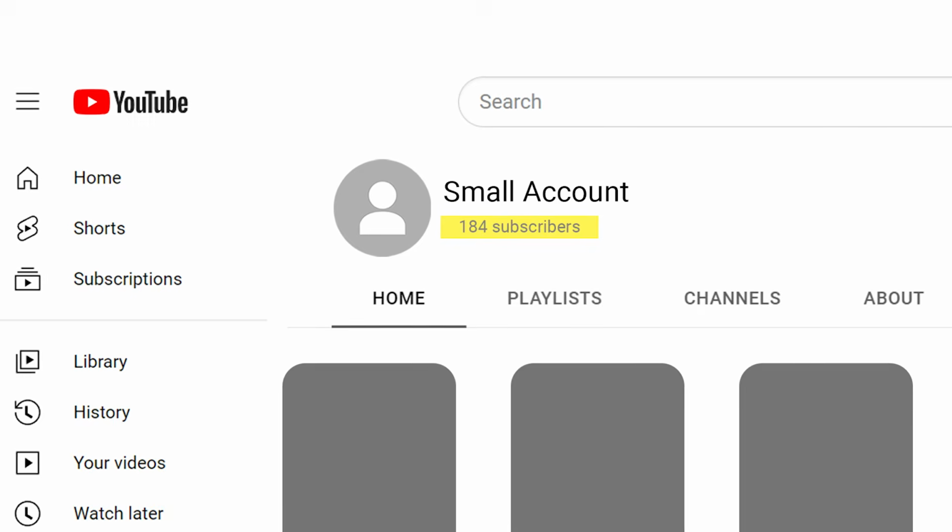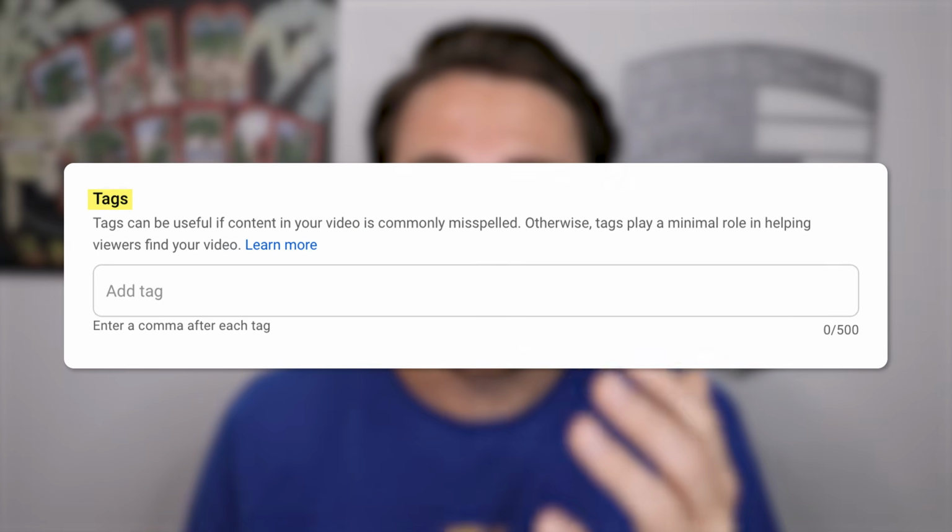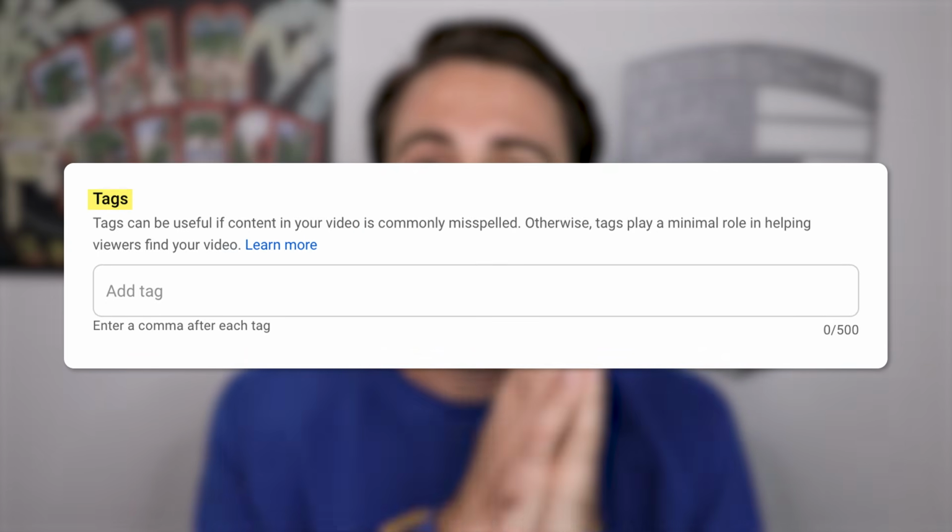But that was just hashtag strategy number 1. There are still 2 other hashtag strategies, and the last one I'm going to share with you makes the most small channels on YouTube go viral. But first, we need to talk about the tags that you are putting in your content, because you need to make sure that you're using the right number of tags and that they contain the right stuff in them.